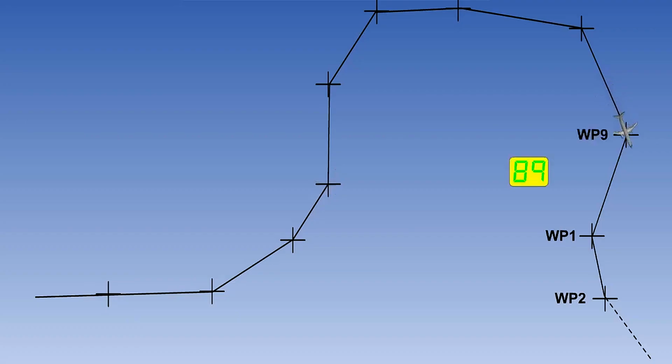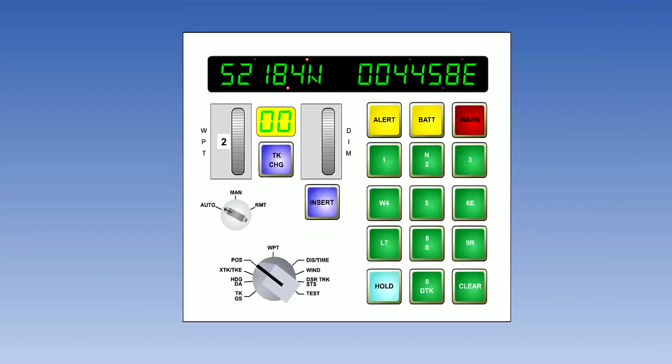As the aircraft completes the leg from waypoint 8 to waypoint 9, the automatic changeover will go to 9, 1 for the next leg. So provided that the waypoint stores are updated in flight by the crew when the previous waypoints are no longer needed, it is possible to run through the 9 waypoint stores as many times as is required. The alert light warns the crew of the approach of a waypoint.